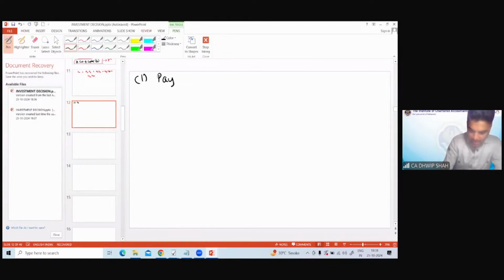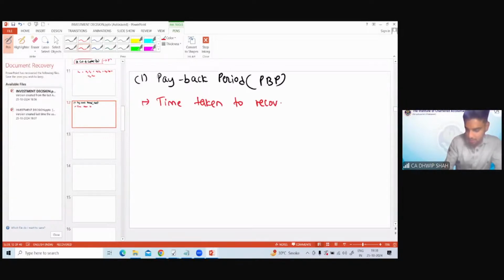Anyways, this was our first technique, which is payback period, denoted by PBP, and it means time taken to recover original investment amount or initial investment amount. And we understood it with the help of one example, which is cash outflow of